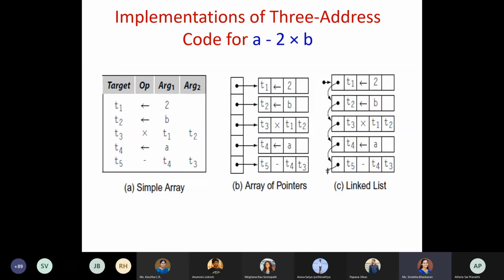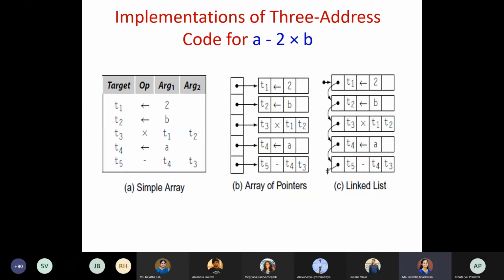Why? Because we can simply use the array concept. Since it is in sequential order, we also know how an array works. We can make use of the index, and that is the sequence, and we can easily map it.